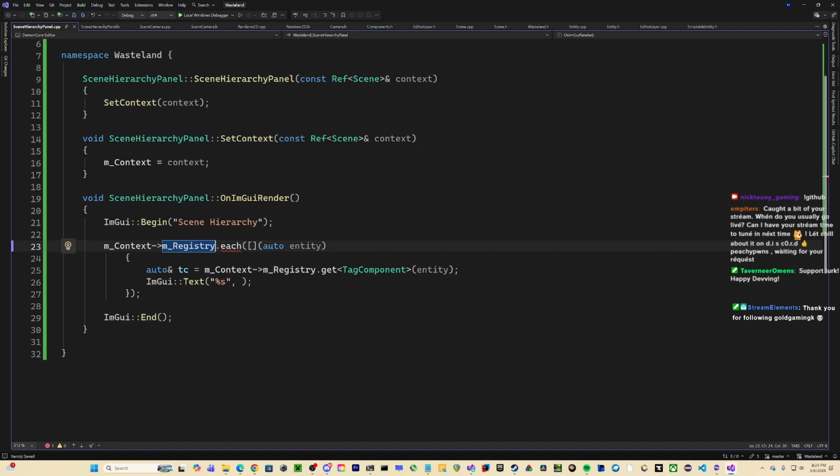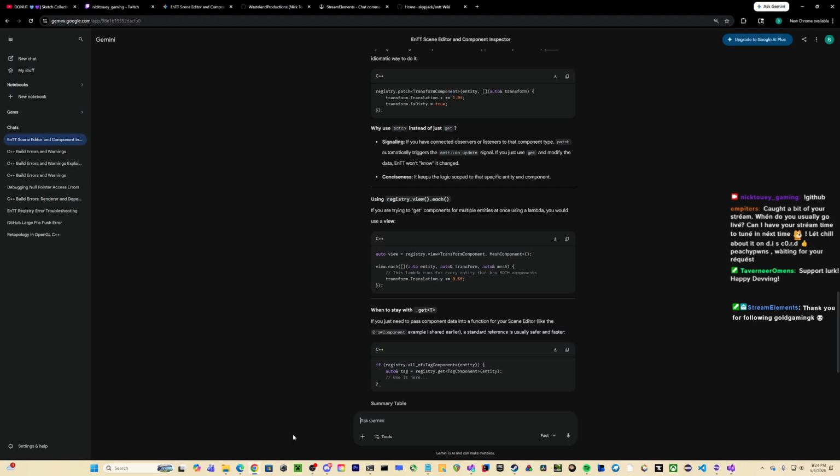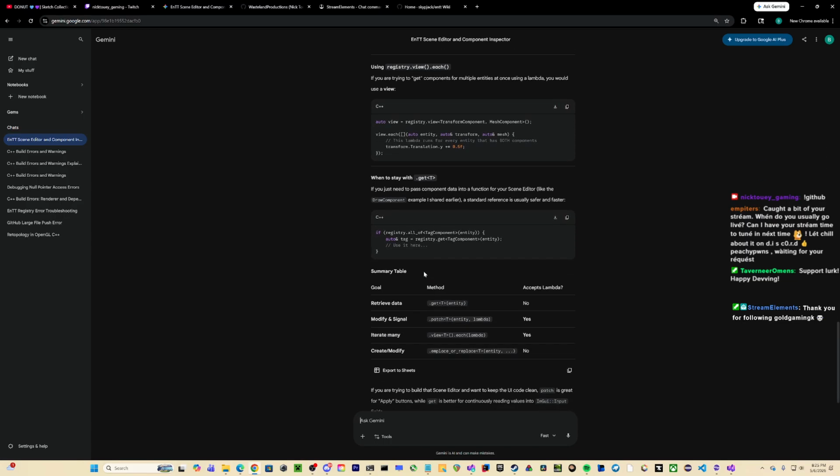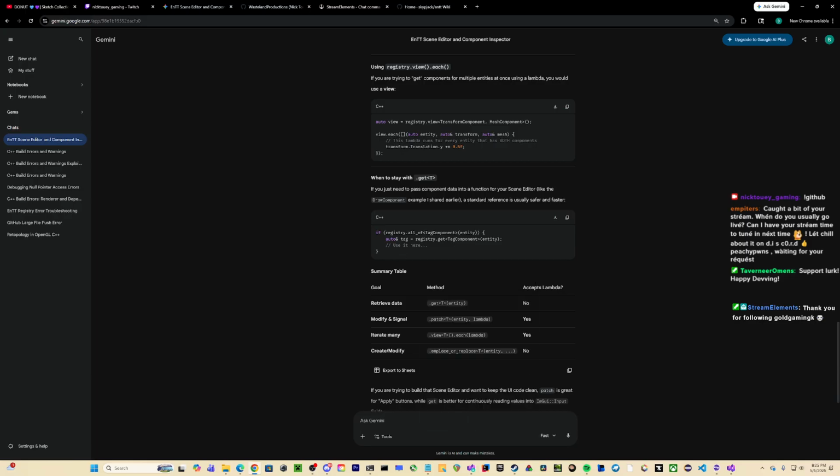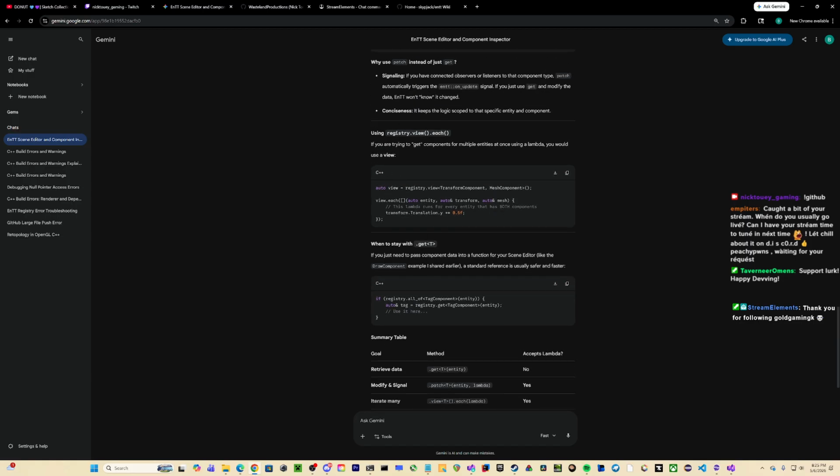I'm dumb. I'm dumb. I'm gonna say that right now. So I'm trying to do a lambda inside of an each, so auto view equals... that's my issue.